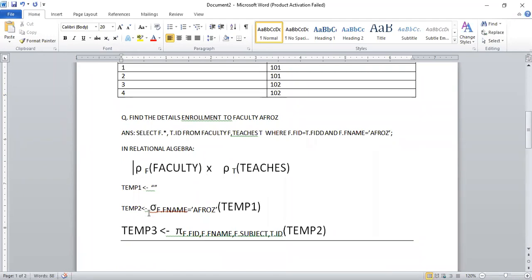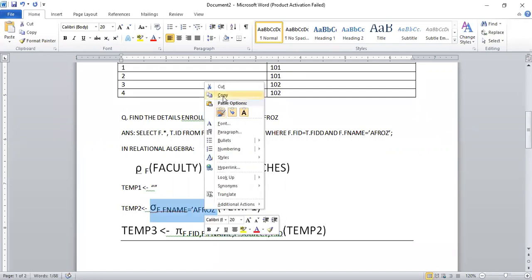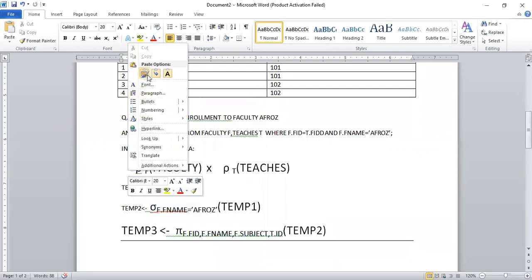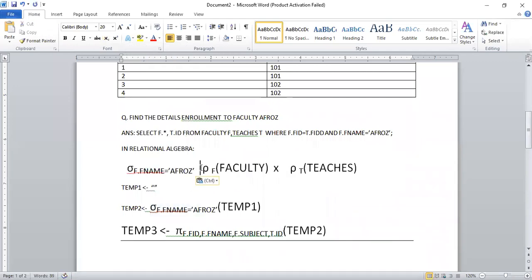What is that condition? Again, you can write it using selection. You can only write it using selection. So paste, selection. Here you need to put an extra bracket and the end bracket also. Then below this, what is this? F and T. So you need to mention here, F dot FID equals T dot FIDD. So this is becoming, what is that?